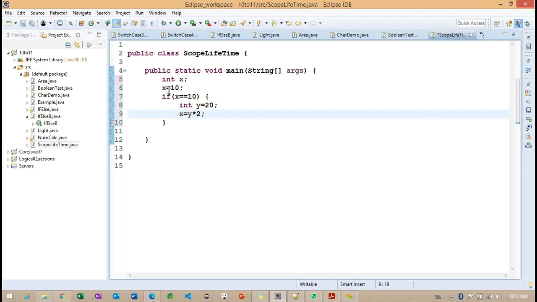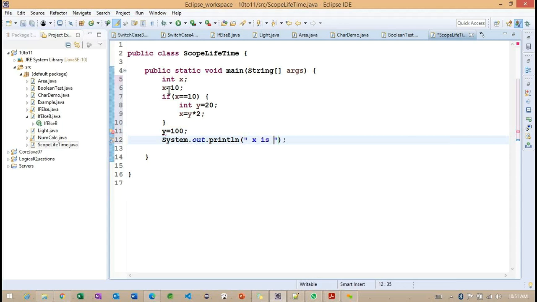I'm doing some multiplication, and after completion of this block, on line number 11, I'm trying to change the Y value, Y is equals to 100. Getting the point? After this, I want to print this particular X value.